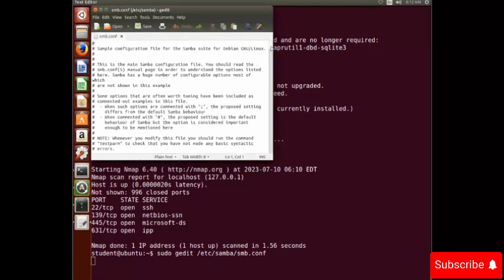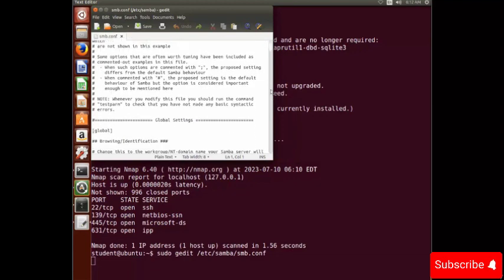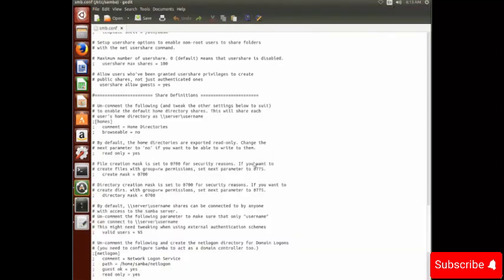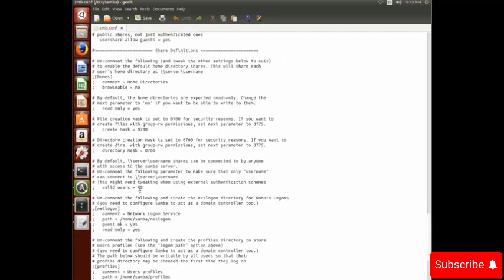So let me scroll down and let's look for share definition paragraph. Here it is. Let me increase the size. Okay. Now find this section with the name valid users. Here it is. So just remove this and instead we will type student here. Now click on save and close it.